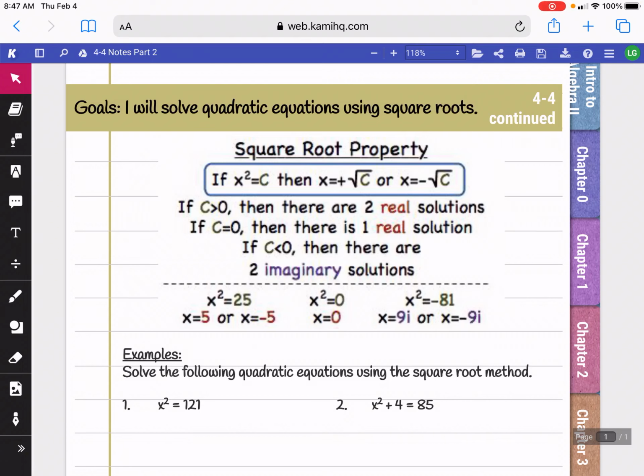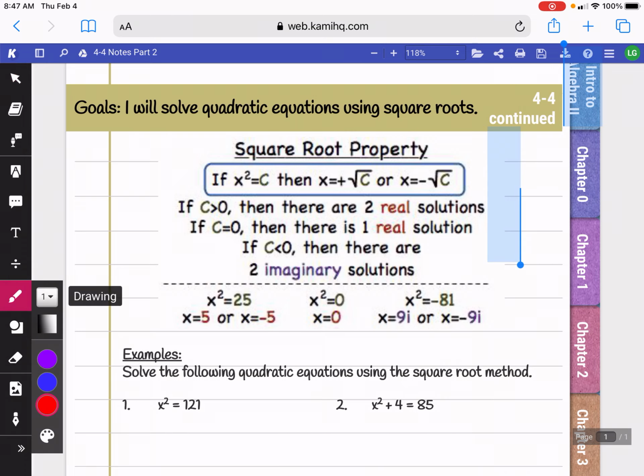In this video, we're going to solve quadratic equations using the square root property. Anytime you have x squared equal to a number, to solve for x, all you have to do is square root the number. But when you do it, instead of having one possible solution, you'll have two, a positive and a negative. So for example, if you have x squared equals 25,